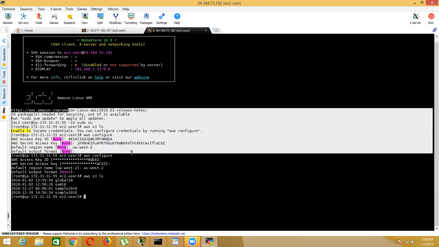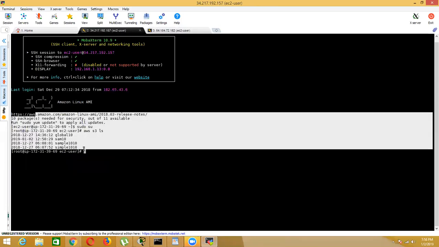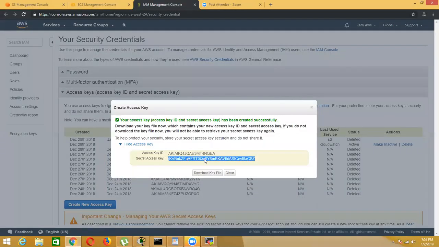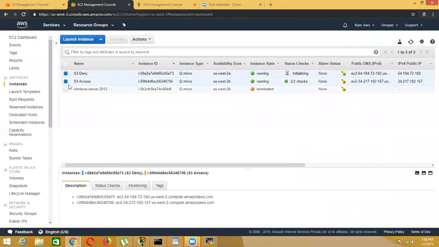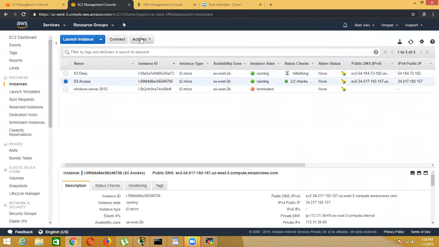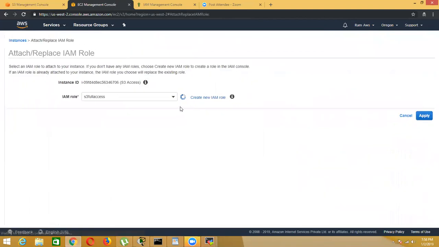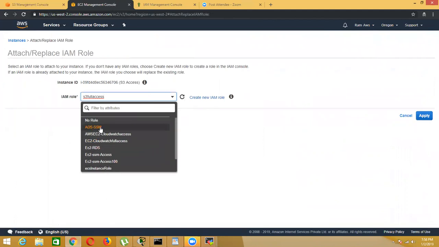Okay, so one is via key, one is via IAM permission. If I go to that instance, S3 access, and try to detach the permission which I have given,